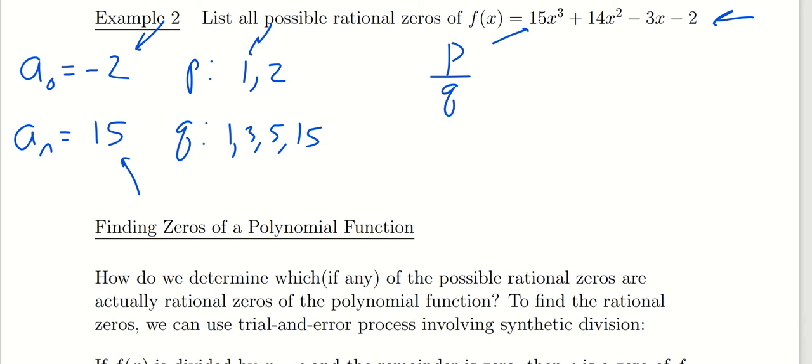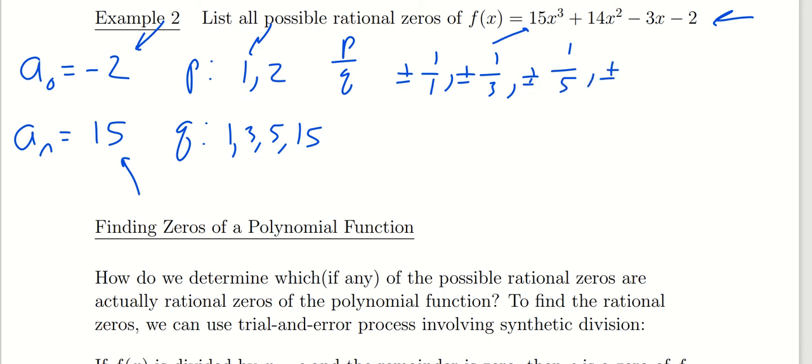I'm going to start by picking the 1 from p and putting it over every possibility from the bottom list of q here. So we could have plus or minus 1 over 1, or we could have 1 over 3, plus or minus 1 over 5, or plus or minus 1 over 15. Alternatively, if p is 2, we could have plus or minus 2 over 1,